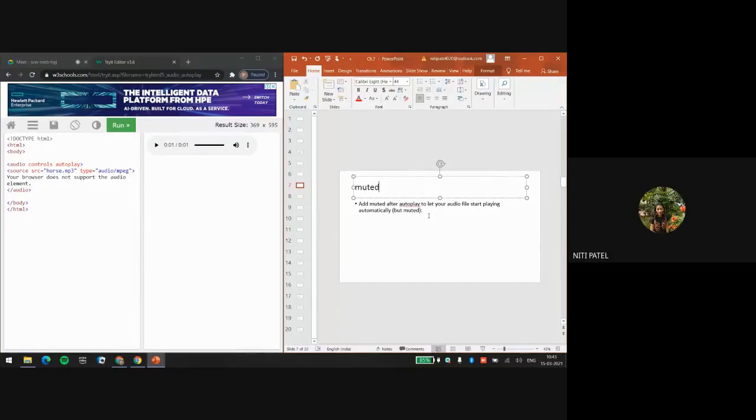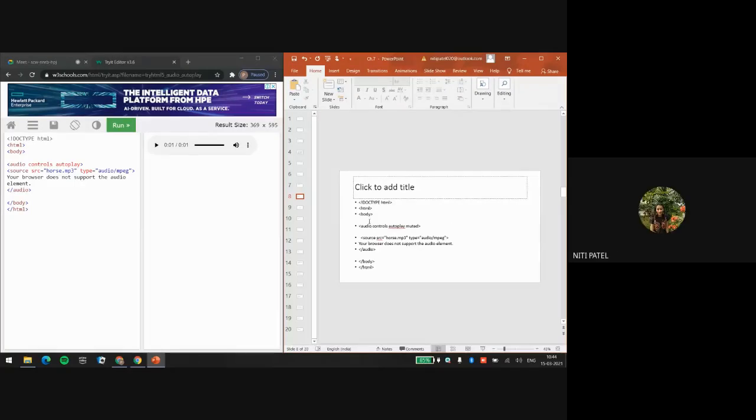But when I say audio controls muted, only muted, it means I have to click on the play button, but when I click on play, I will not hear any sound. Why? Because it is muted. So there are two ways we can add muted: autoplay muted and manual muted. To add autoplay muted, muted should come after autoplay, and to add only muted, muted should come after controls. The effect is the same. In one you run directly and press play, and you get no sound. In the other you run directly, you don't need to press play, and still no sound. Okay, are you understanding this?